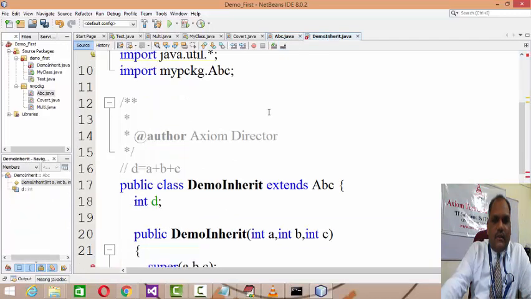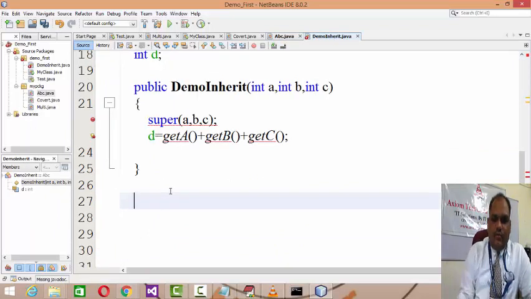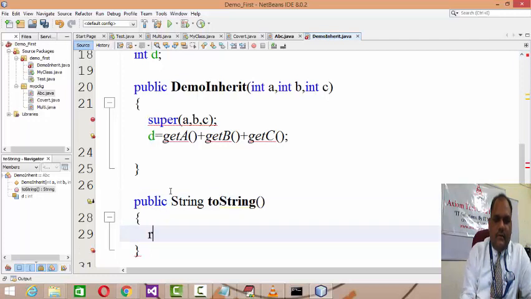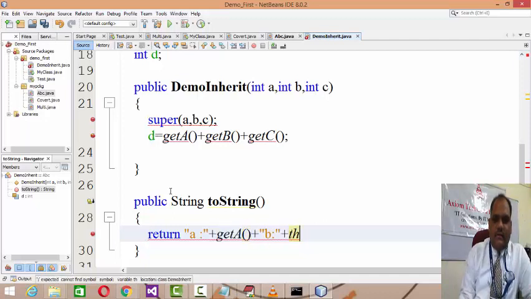Now we are in the DemoInherit class, and you override the toString method, public String toString, and return the value of A, which belongs to the base class, this.A. The value of B belongs to the base class, this dot, no, this is not this dot, because this is not a property belonging to the derived class.